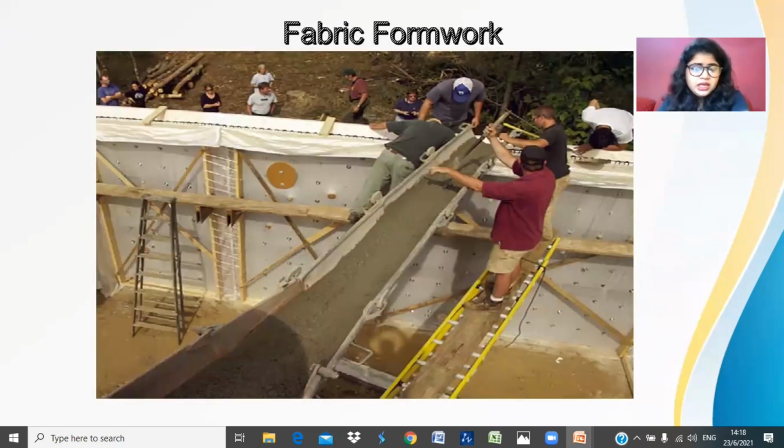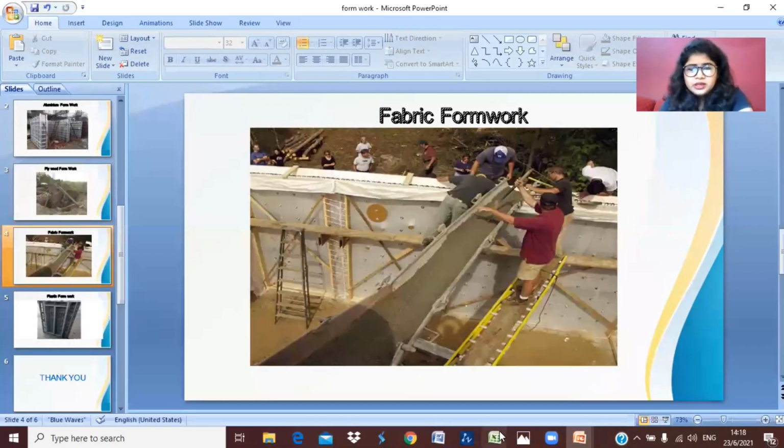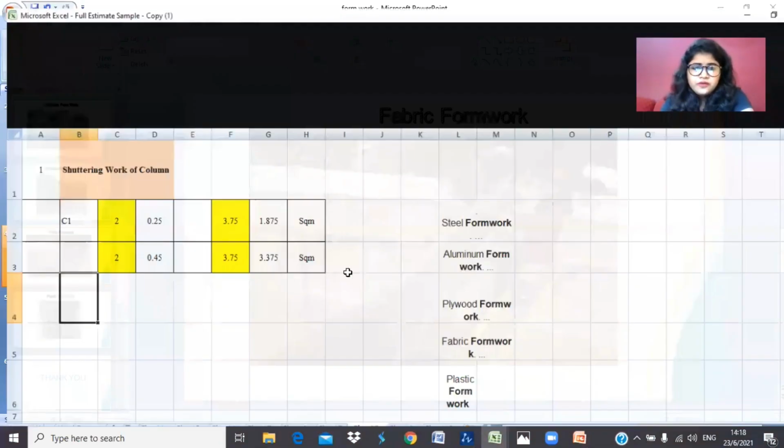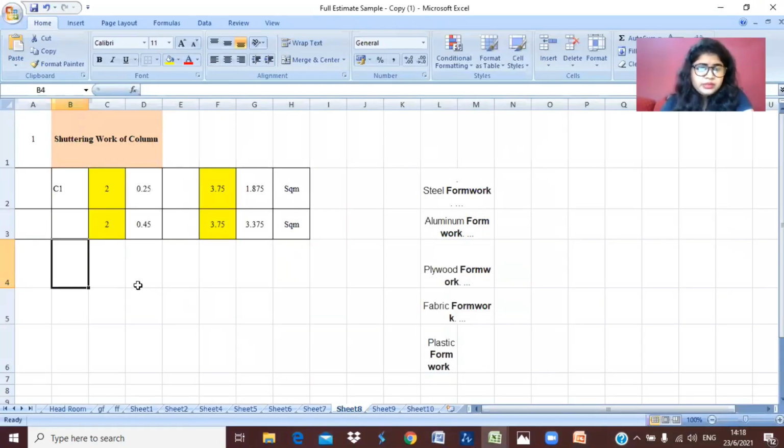Let us see how we do the calculation for formwork or shuttering. Basically, shuttering is used for holding the concrete material. Let us start the calculation by taking the help of a column.